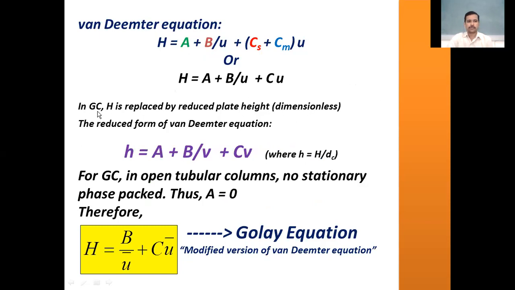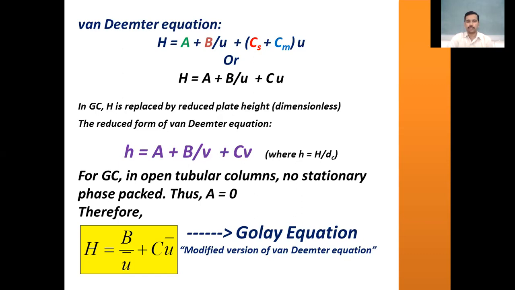Let us come back to gas chromatography. In gas chromatography, it is wished to replace this capital H by small h. This small h is known as reduced plate height. Reduced plate height can be defined as H by dc, where dc is the column diameter. The column diameter in GC will be very, very minimum, very, very less. It will be less than say 1 millimeter,